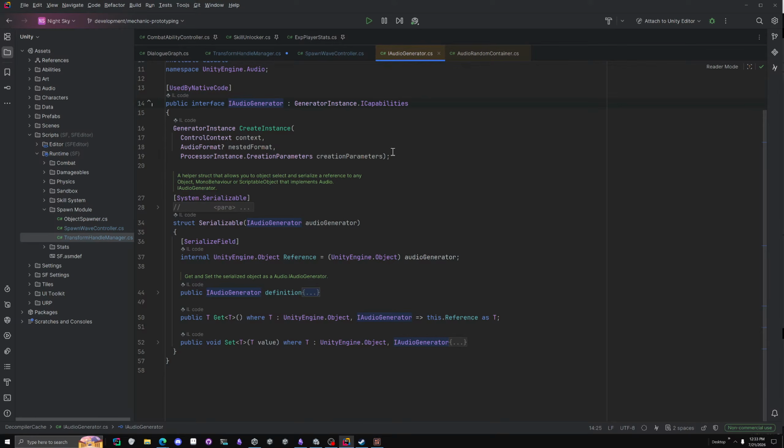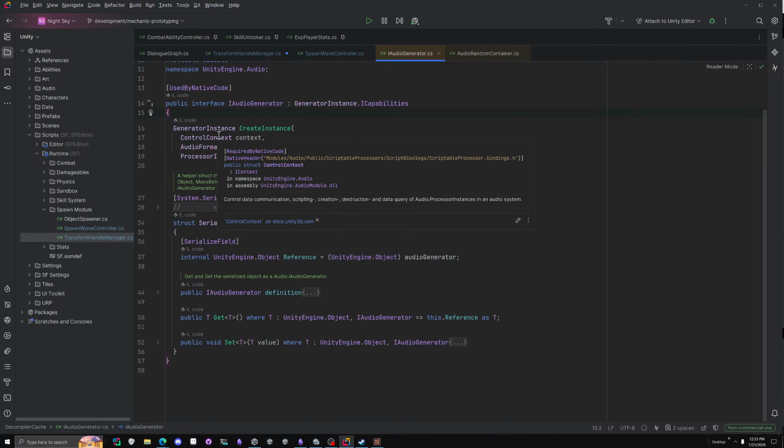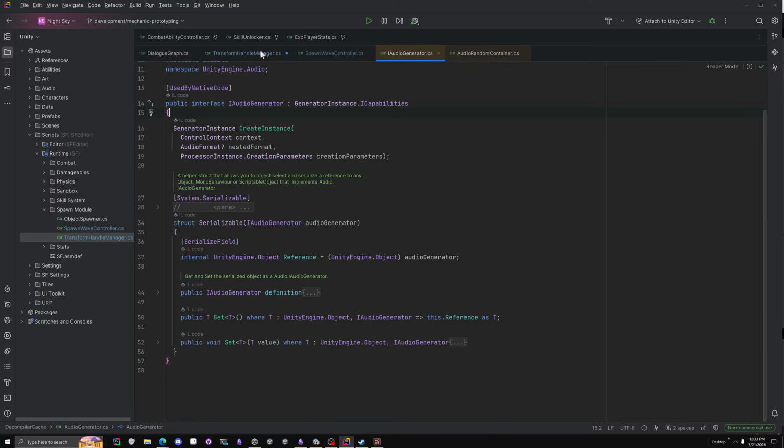But I wouldn't be surprised if somebody's going to use Graph Toolkit to make a graph. Oh wait, no, they've actually already done this. I forgot. Someone made a DSP graph editor inside of Unity already with the IAudioGenerator API. I think they put it on the Unity discussion forums. I don't remember though. But I do remember there's a DSP graph, and they hooked it up